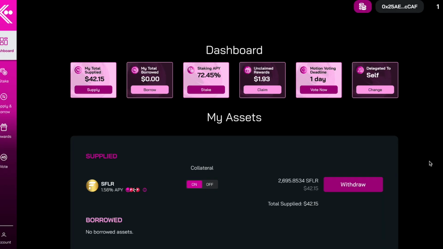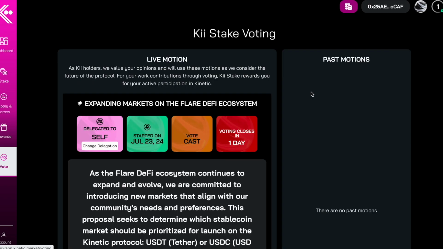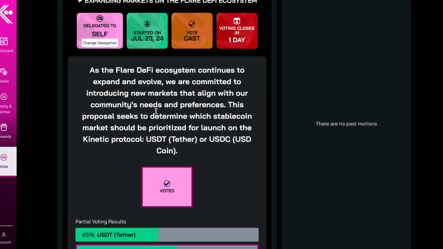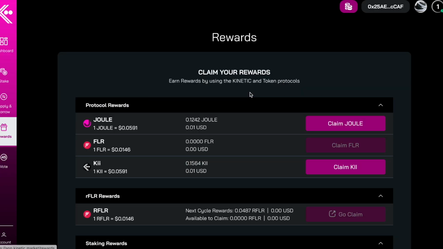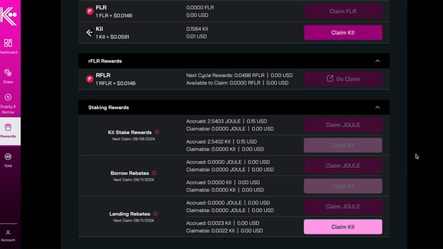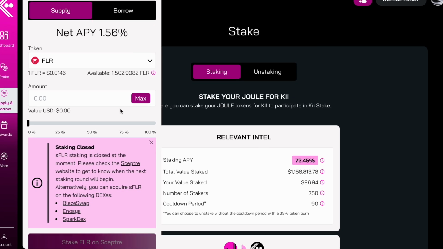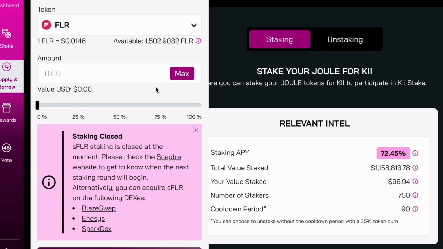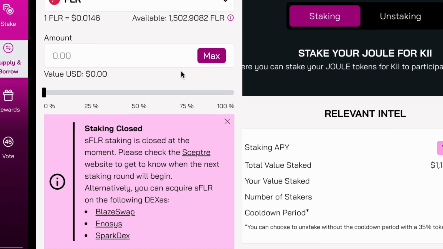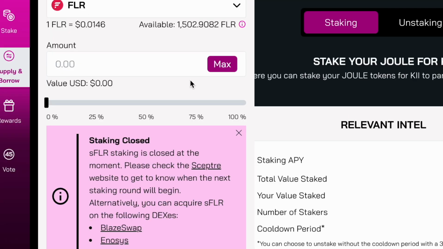Now, Kinetic Markets, you take your money there and you're able to supply people with money for loans and you're able to borrow against the money you have on there with the money that others have supplied as well. Right now, Kinetic is pretty new. It's new to Flare. And as you can see, when I went on there to put my funds on, they did not have the space for me to stake my Flare. They did not have the space for me to supply my Flare. The incentives for this month just came out yesterday, and already their pool is full for Flare. I found that interesting, so I had Flare to play with.